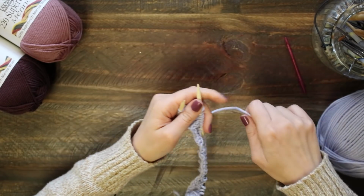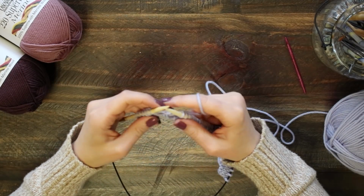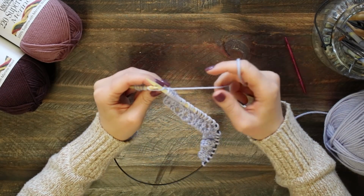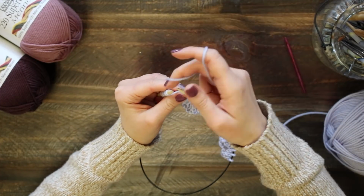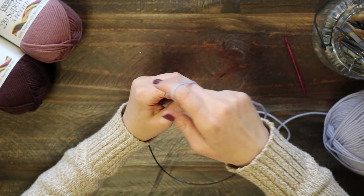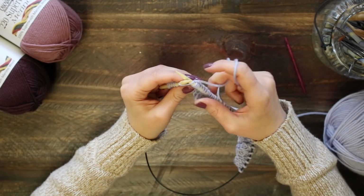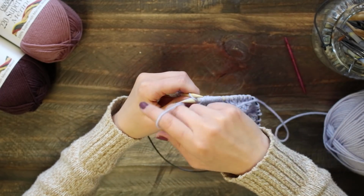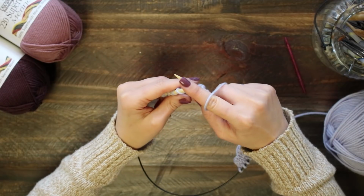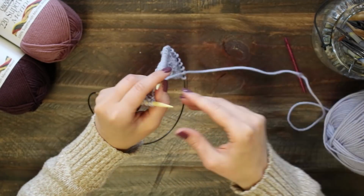And here we are, we're at our bobble, so I'm going to get some slack here. So on our bobble, we're going to knit, keep it on there, purl into the same stitch, knit, purl, take it off the left needle. So we have our 4 stitches, turn your work,